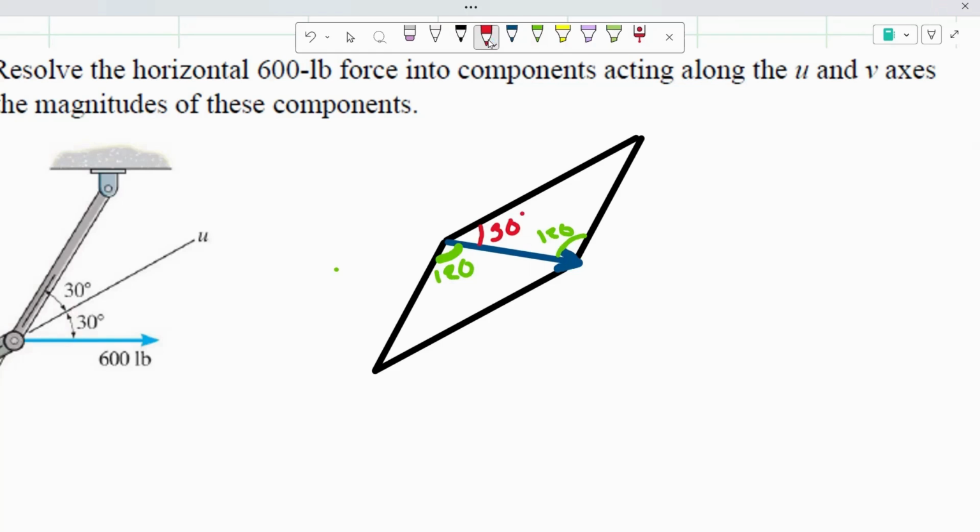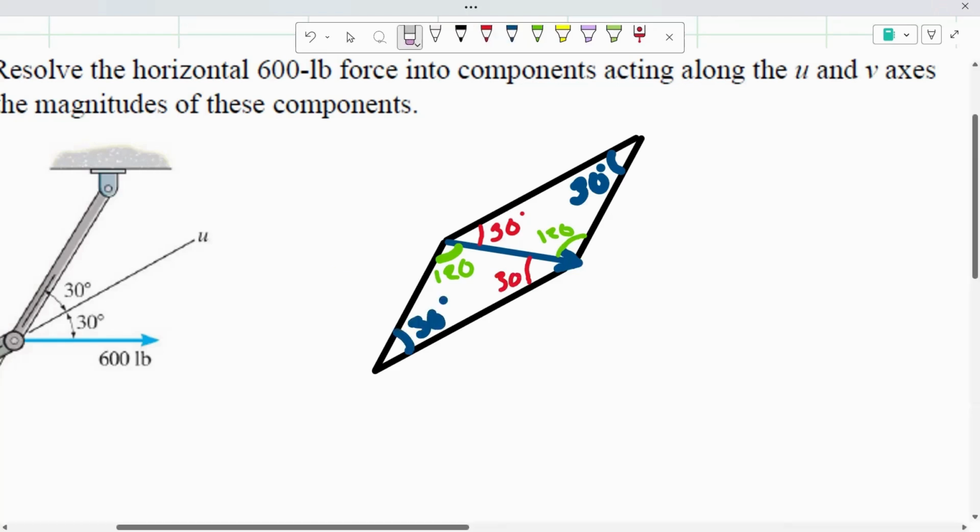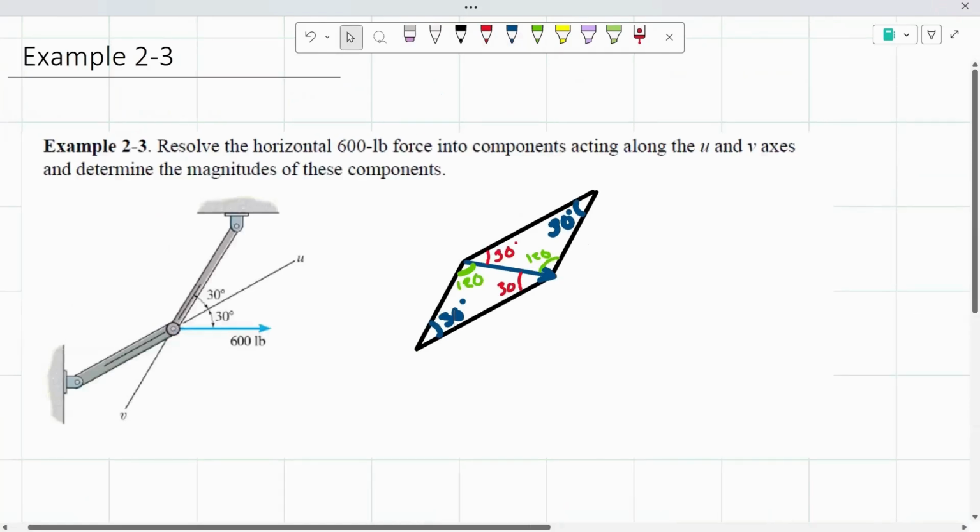So all that we need to do is subtract 120 and 30 from 180. 120 plus 30 gives you 150. So that means that this angle is also 30 degrees. And we know that this one's the same as that one, and this one's the same as that one. Okay, so now that we found those angles,